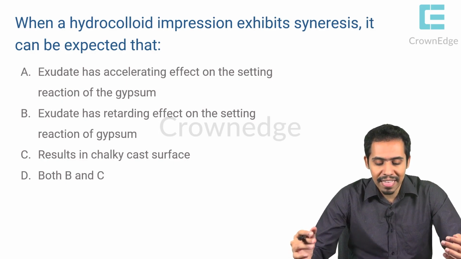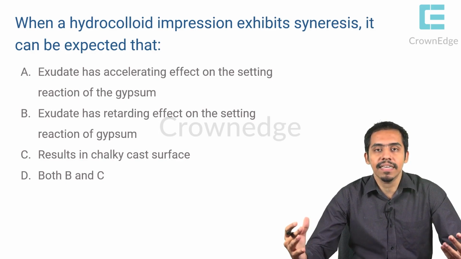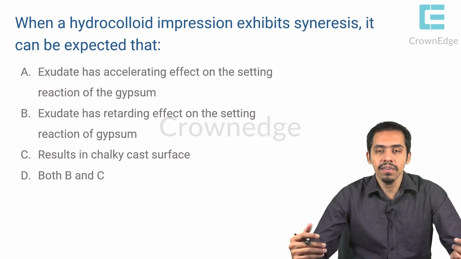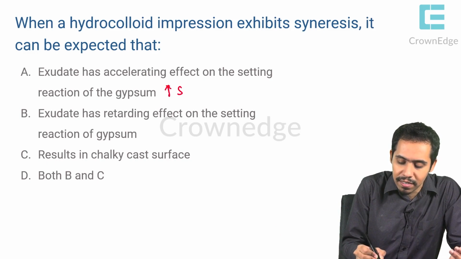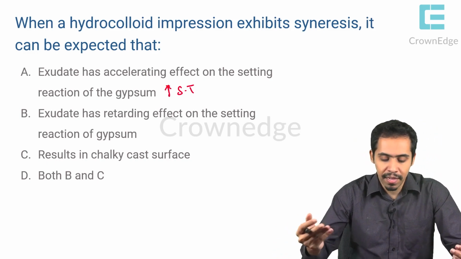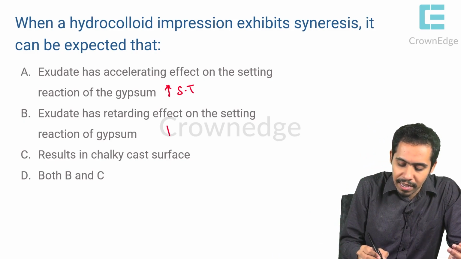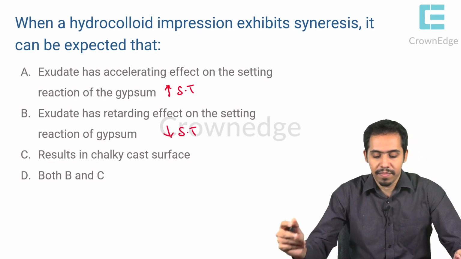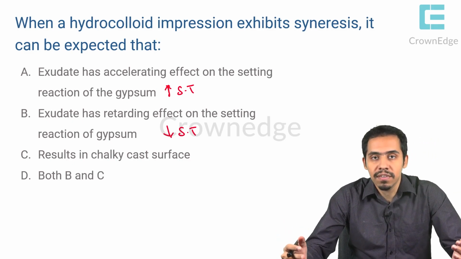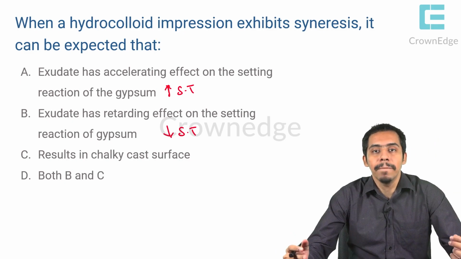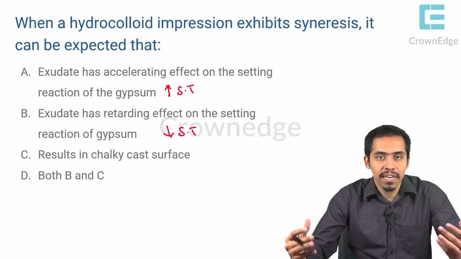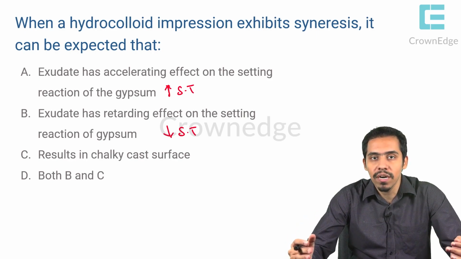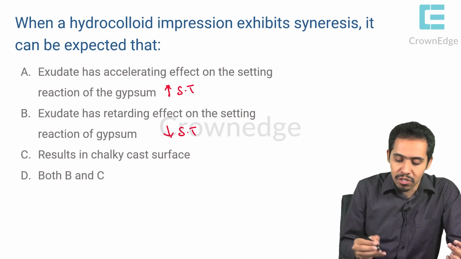So when we're talking about the exudate, we're talking about the final product which is formed. Okay. So what the first option basically tries to say is that the setting time is increased. Okay. So we have increased setting time in the first option. The second one, it has a decreased setting time, mainly because of the property of syneresis. Like I mentioned earlier, hydrocolloids, mainly alginate, has the property of syneresis and imbibition. Now, it shouldn't be confused. Imbibition, you just have to look at the word imbibe. Okay, imbibe mainly refers to absorb.